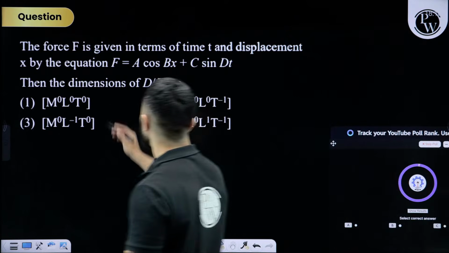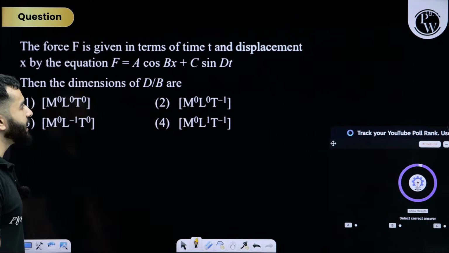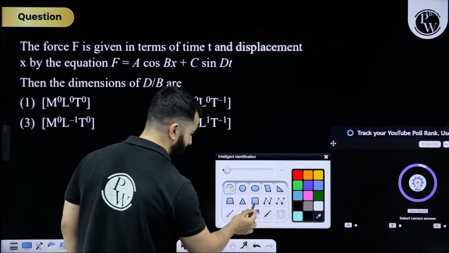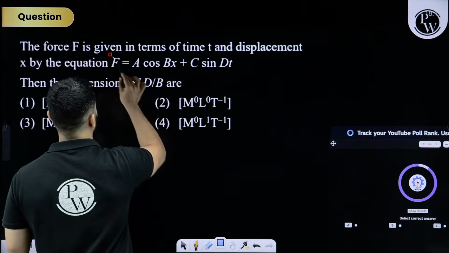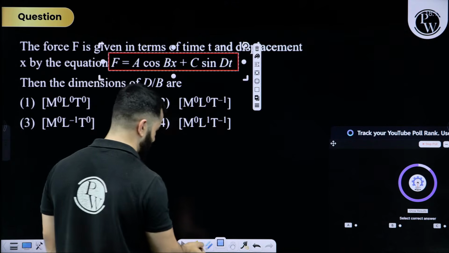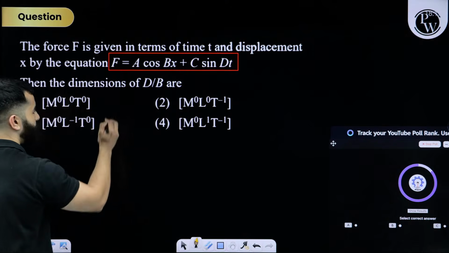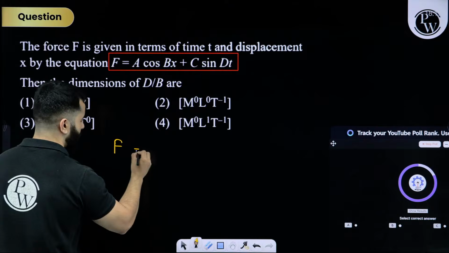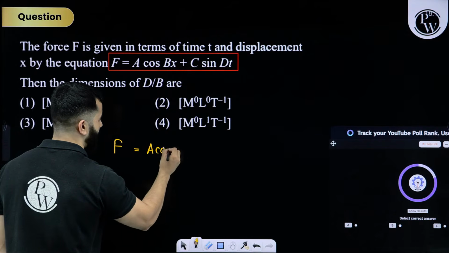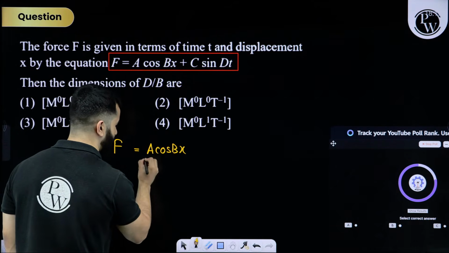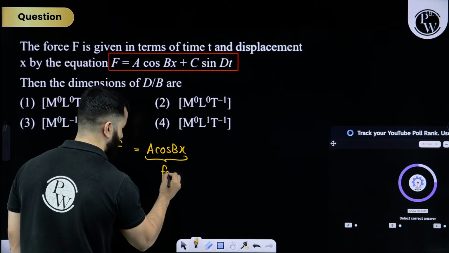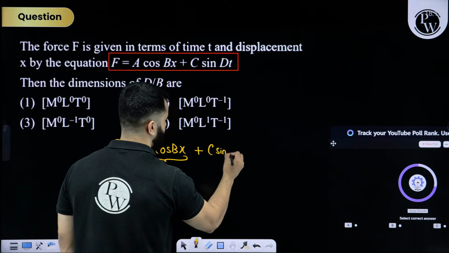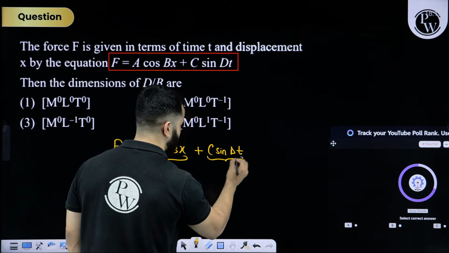The force F is given in terms of time t and displacement x by the equation. The main concept over here is that we are going to use two concepts. One is the principle of homogeneity. What do you mean by principle of homogeneity? It basically means that if F is a force, then this A times cos of Bx, this whole thing will also be a force, plus C sine Dt, this entire thing will also be a force,